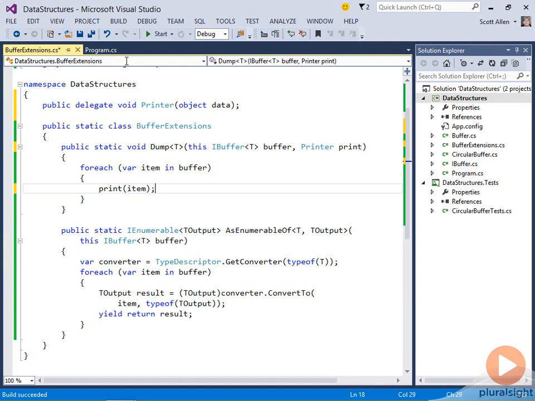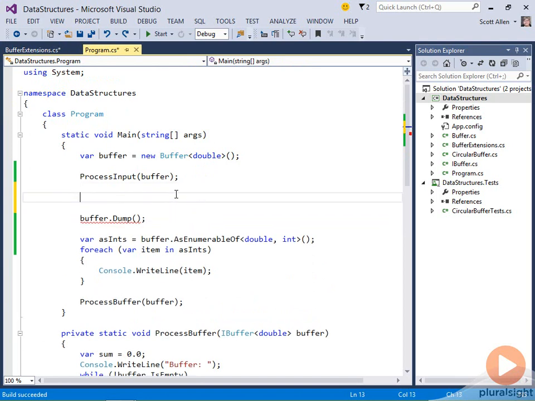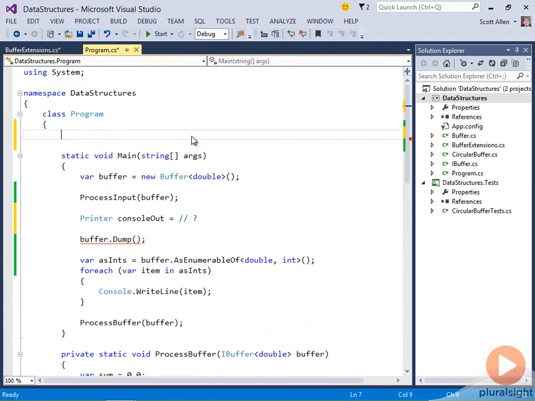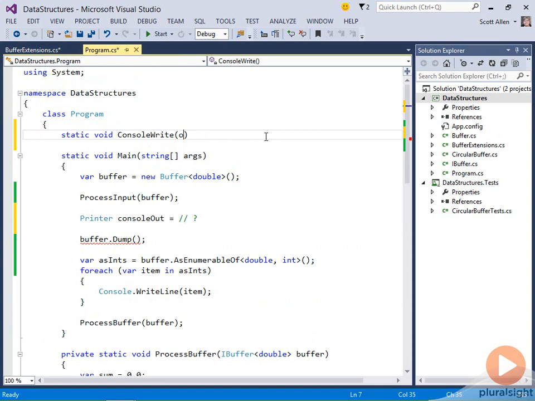So back in the program, when I invoke dump, I now need to give it a delegate parameter. So I need something that is of type Printer, and let me just call this consoleOut. But what is it equal to? Well, let me define a method to point to. And when you're using a delegate, you can point to instance methods. You can also point to static methods. Since I'm already in a static method, I'll define another static method. And what I need is a method that essentially matches the type signature and return type shown here. It doesn't have to match the name, just the return type, and then the types and the number of parameters. So return void, take an object parameter,